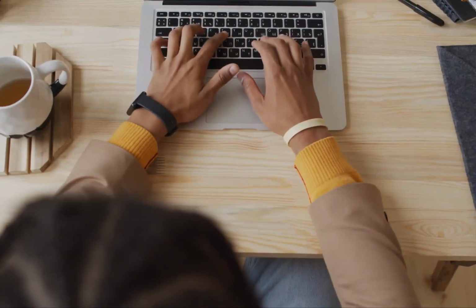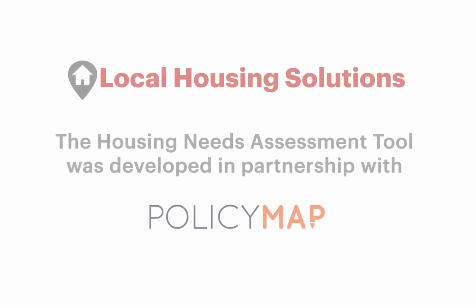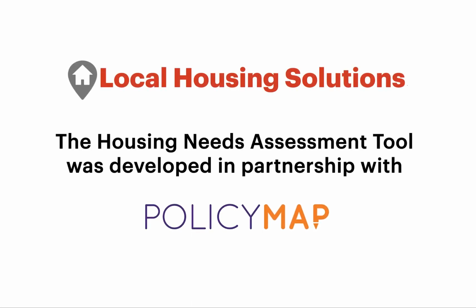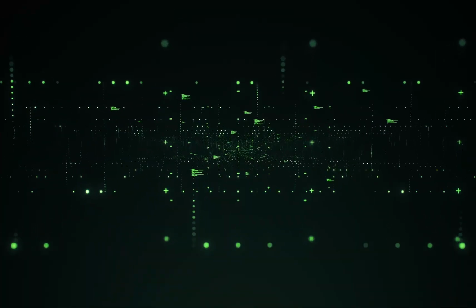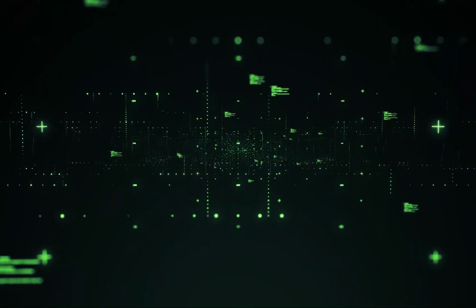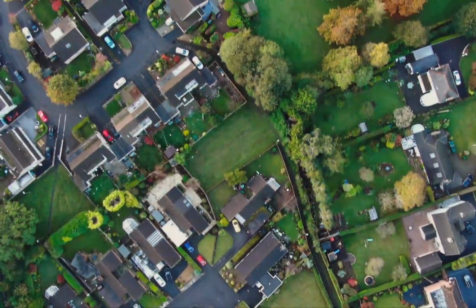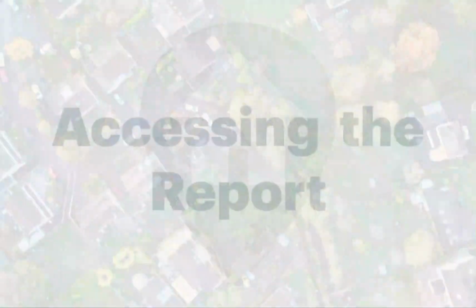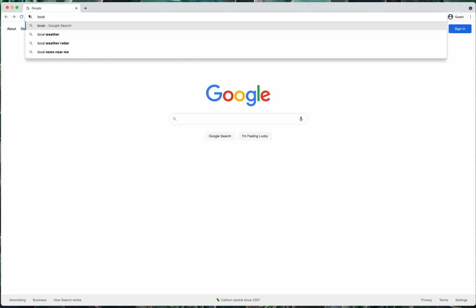We want to walk you through a useful, free tool available on Local Housing Solutions. Through a partnership with PolicyMap, Local Housing Solutions has created a tool that uses American Community Survey data to generate an individualized and data-rich report for every city, metro, and county in the United States to document and illustrate its housing needs. To access the report for your own locality, just visit